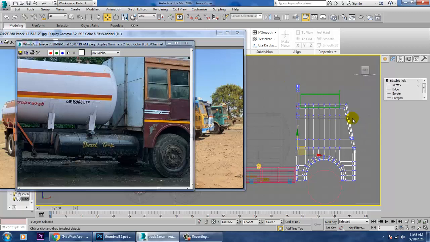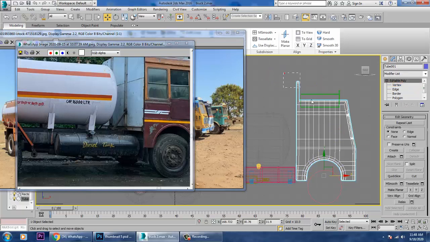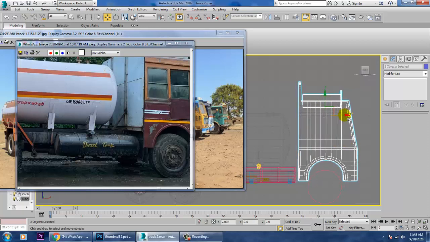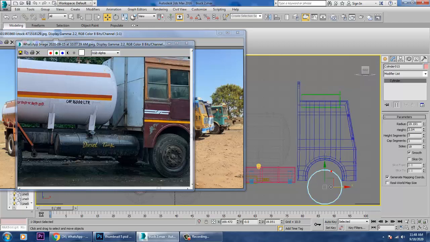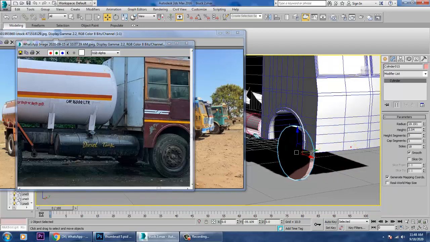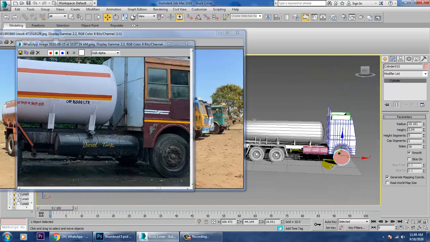So we'll be just pushing these elements a bit up over here. We'll be selecting this. We'll be just pushing it down, not much, a bit. So select this over here. After creating this, we'll be just taking this till here.